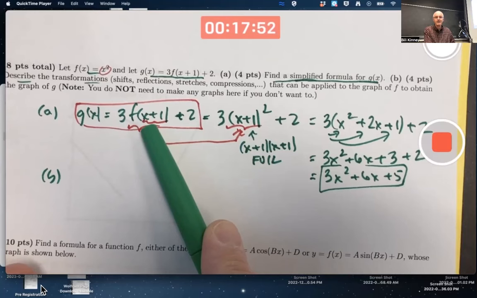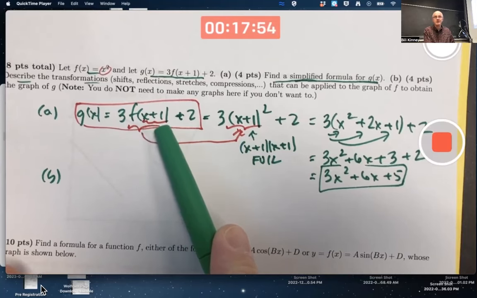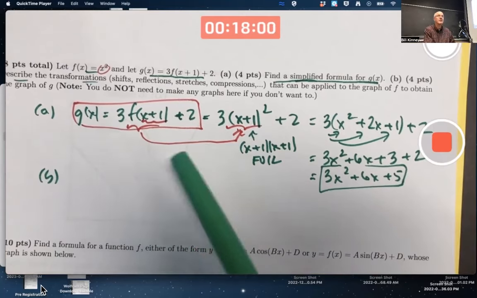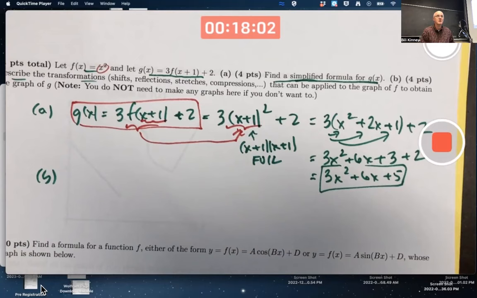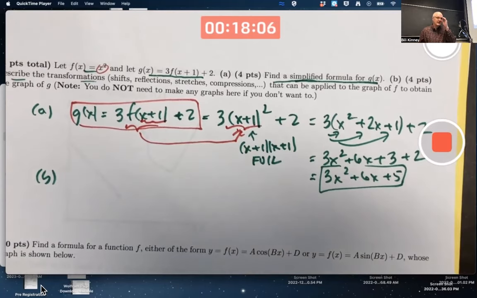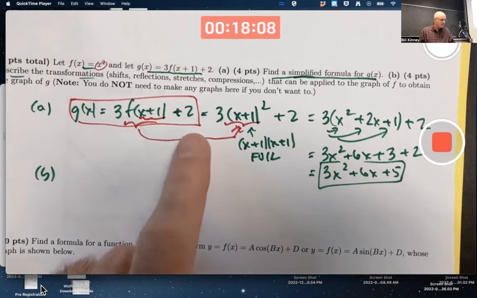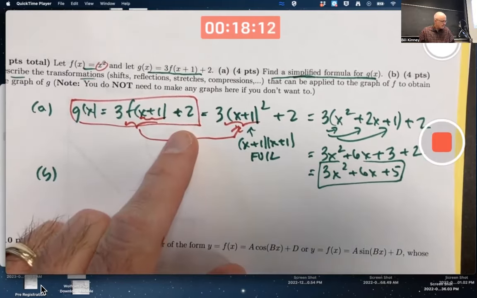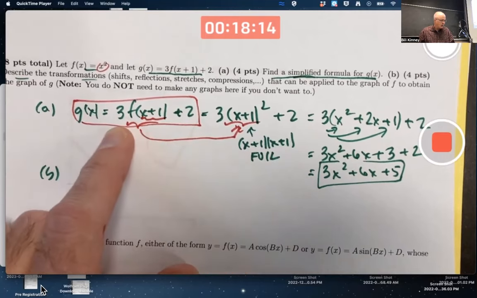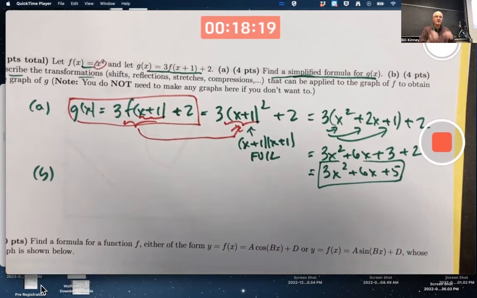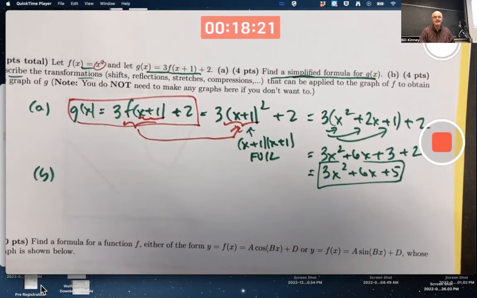It involves a leftward shift by 1 unit because of the x plus 1, a vertical stretch by a factor of 3 because of the 3 out here, and then a vertical shift upward by 2 units because of the plus 2 there. Actually, the order you do things in is important. It is important to do either the leftward shift or the vertical stretch first, and then the vertical shift upward by 2 units last, technically